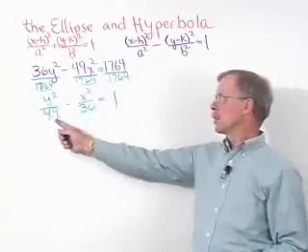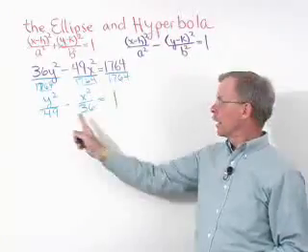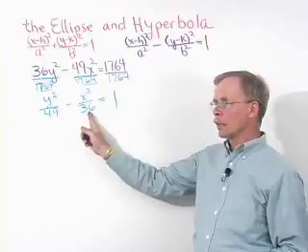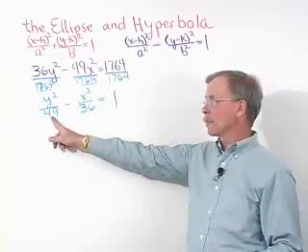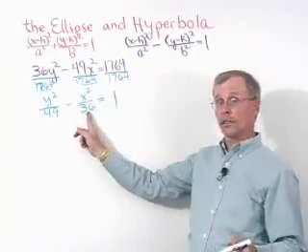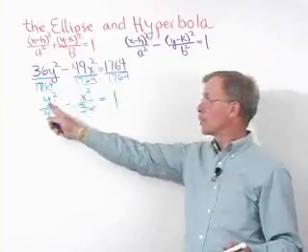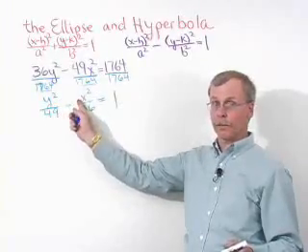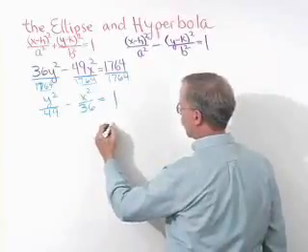Now we can see that we have 49 and 36 in the denominator, so our axes are going to be, half of them will be 7 and 6 from the center, and we know the center's 0, 0 because we didn't have to complete the square up here. So if we know then that we have